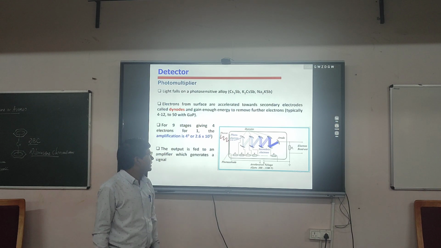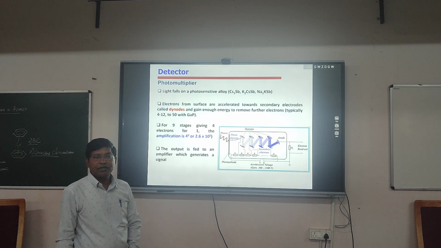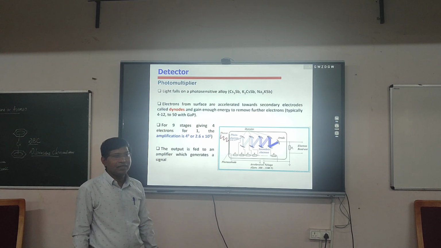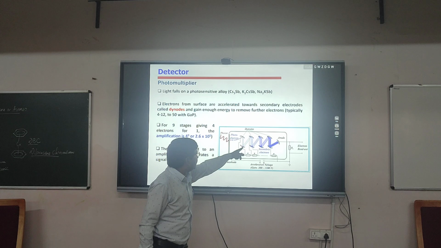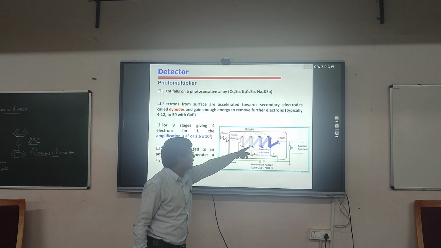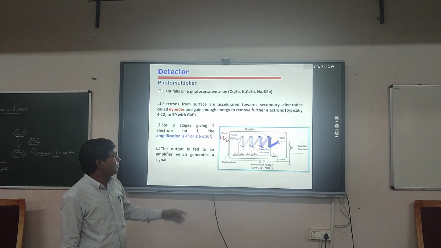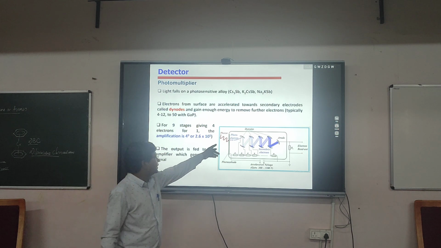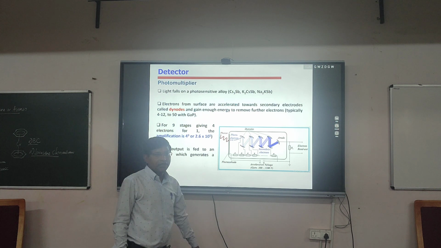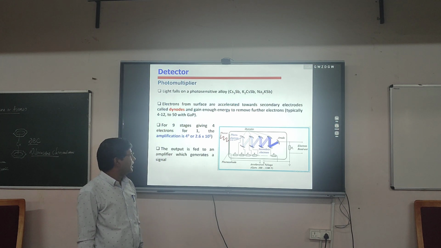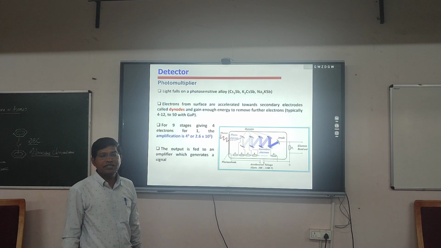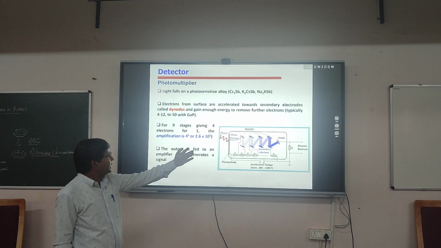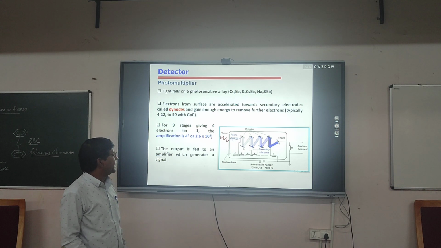generally we know that if a particular radiation coming from the sample strikes the semiconductor material, it will produce an electron. Suppose one electron is produced, then it may become 3, then 9, then 9 into 9, 81. So it is multiplied. Suppose one electron comes in, then at the anode it will be multiplied to 10 to the power 6 electrons. In this way, a weak signal coming from the sample is multiplied many times and the signal intensity is enhanced.